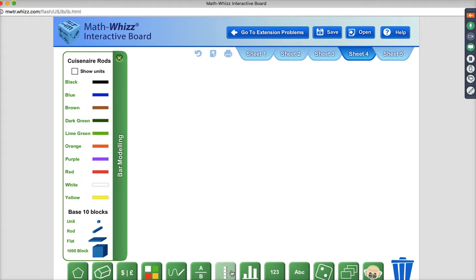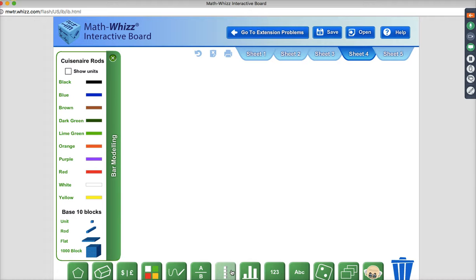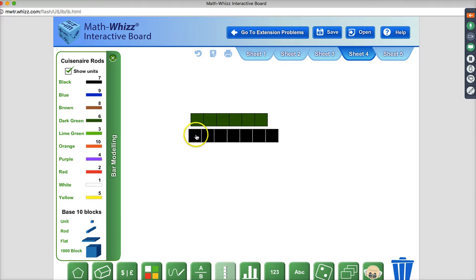And you can build a graph that way, see down in the middle? Yeah, that's what I'm going to show you in a second. I wanted to show you this because these Cuisenaire rods and base 10 blocks actually came from an idea from Penny Williams. So we have our Cuisenaire rods and our base 10 blocks. When you drag them out, you can actually see the rod. If you're using those, we also have the regular base 10 blocks that people are more used to.